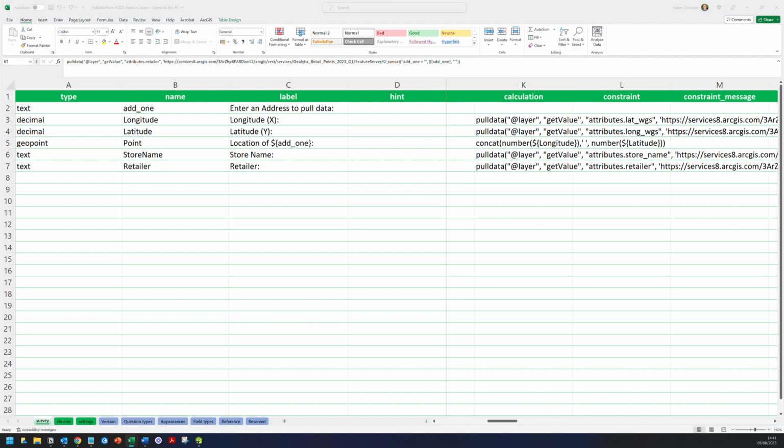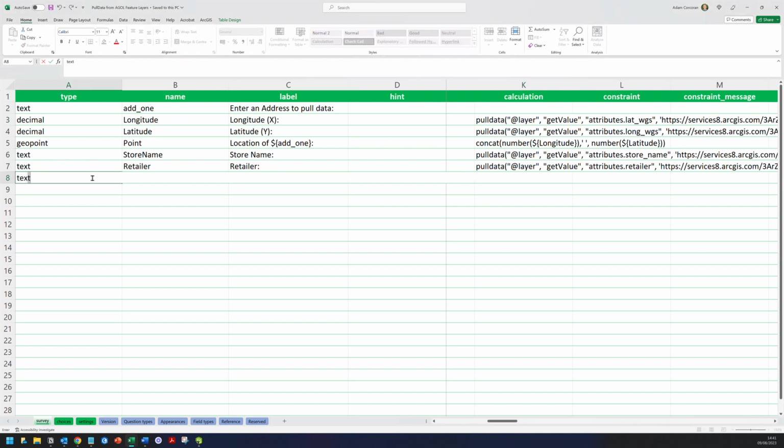In the sense that I come in here to my calculation, so I'm going to say that this is text, and we want to say our polygon feature layer, if you remember, is postcode district, yeah? So I want to say postcode district name is going to be